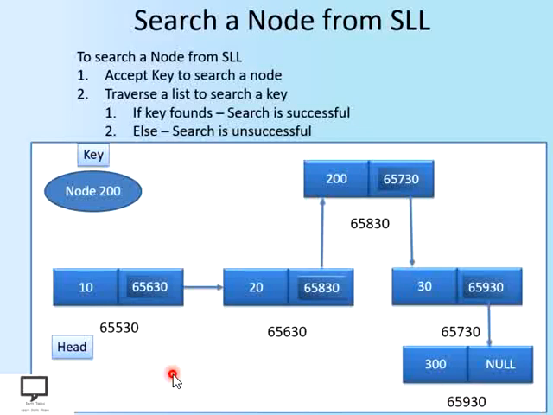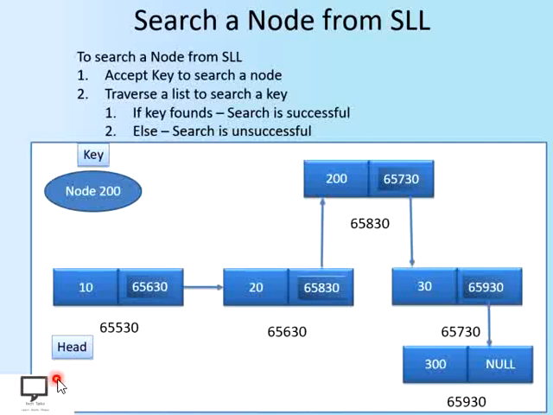Now let's start searching for the node whose data part is 200. Let's start with the head. All of you know how to traverse a linked list. Traversal is the operation that we are going to use while performing a search operation. So you must know how to traverse a linked list, which I have already covered in my previous video session, in which I covered the creation of a linked list as well as traversal of a linked list. If you don't know how to traverse a linked list, I suggest you please go through that video and then you will be able to search a particular node.